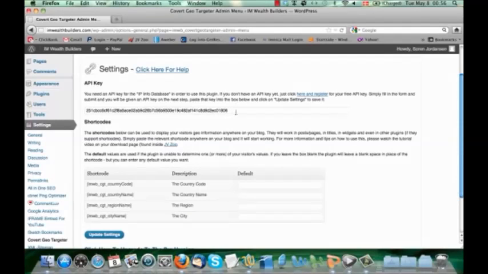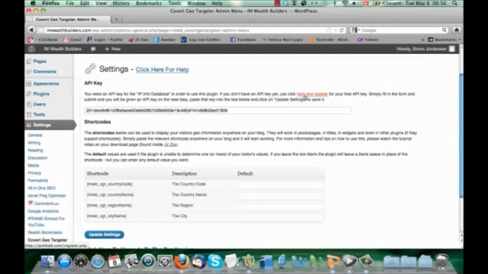And in order for that to happen, it doesn't run on your blog. It doesn't hurt your blog's loading time or anything. But in order for that to happen, you need an API key. But the good news is this is completely free, and you only need to register for it once. And we have a special link in here.